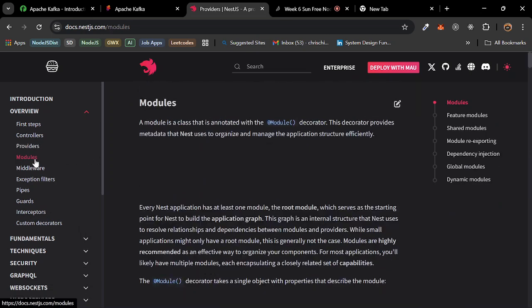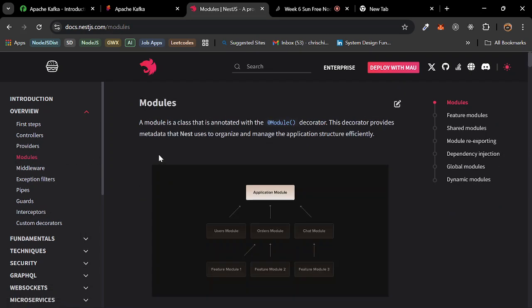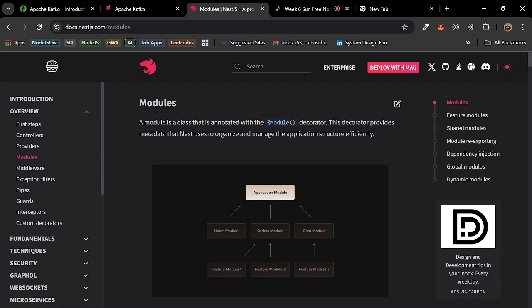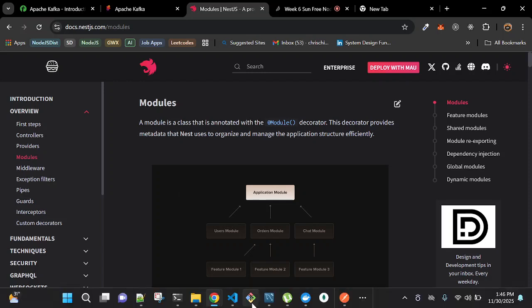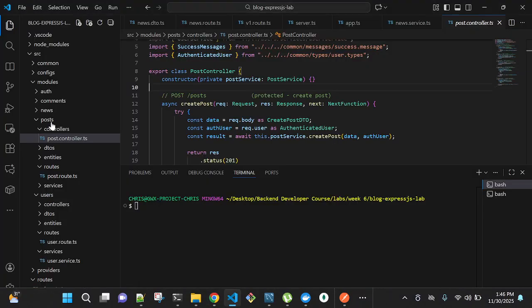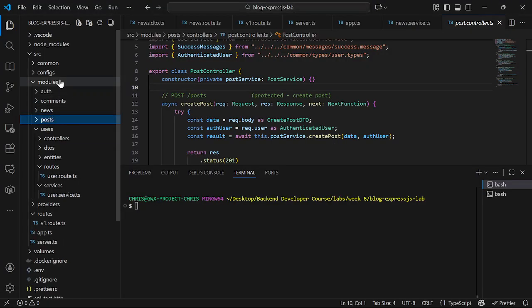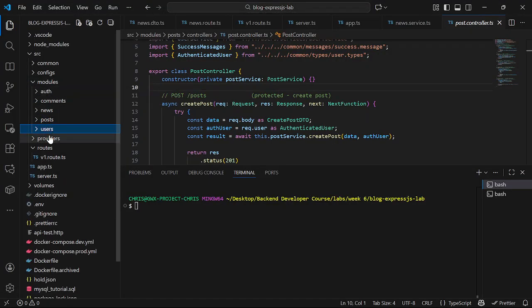Then the next item here is the module. Guys, you are familiar with this concept too, because we discussed it. We structure our projects in a modular architecture, so you understand what we mean here in our projects. These are modules because I created a folder and called it modules. They represent different features of our application, right?